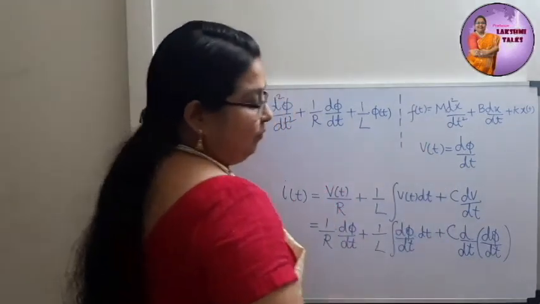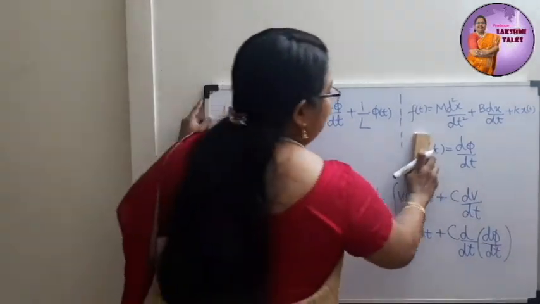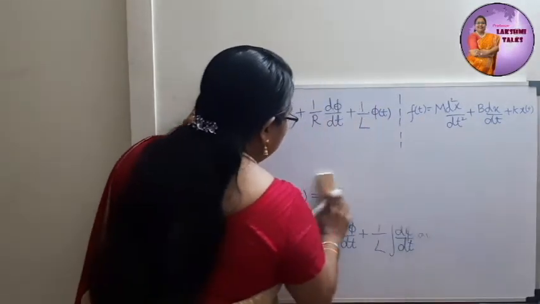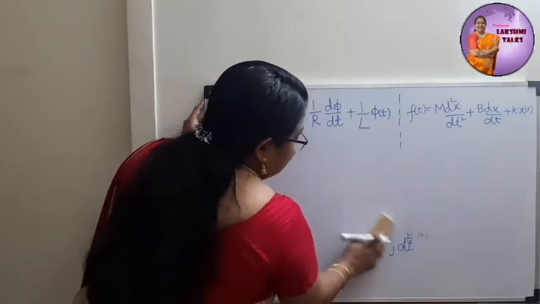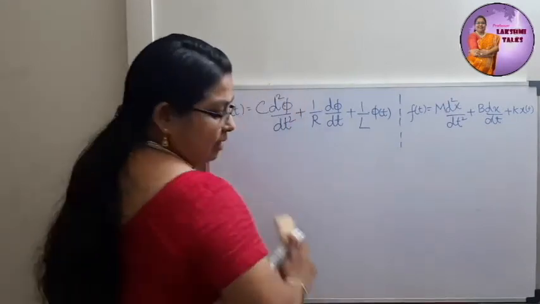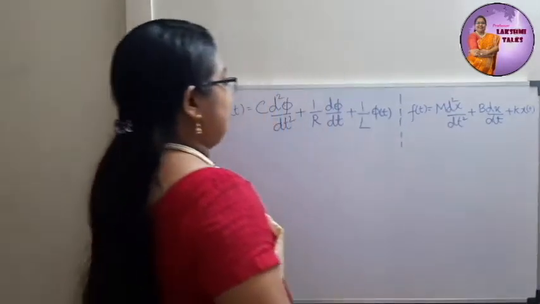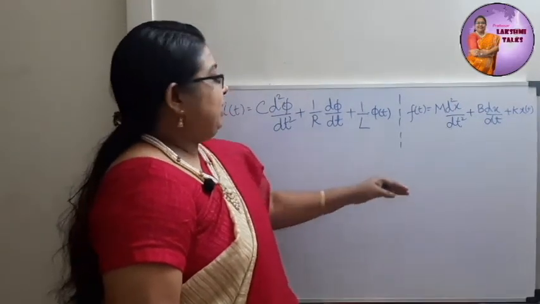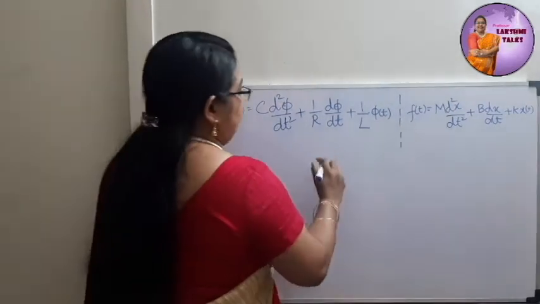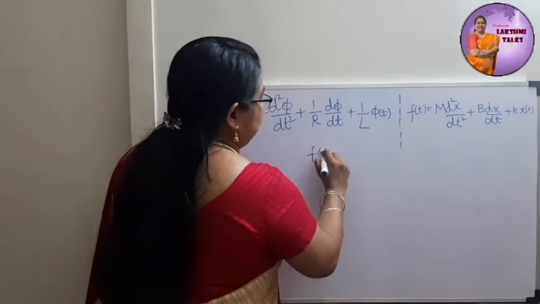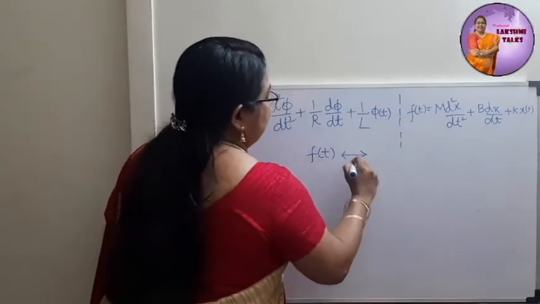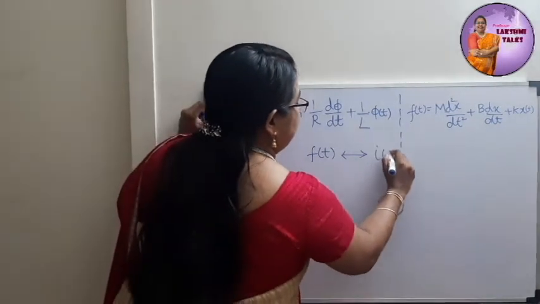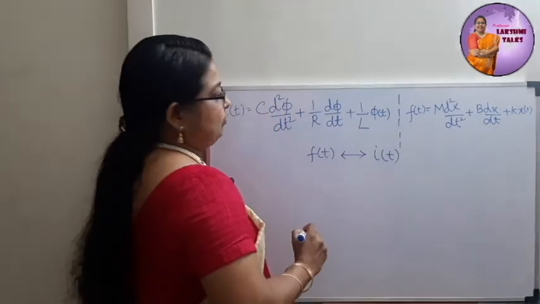So now we have the equations for a simple mass spring damper system, and also the equation for resistor, inductor and capacitor connected in parallel. So here we can write the analogous very easily. What is it? For a mechanical system, input is force, and for this electrical it is current. So f of t is equivalent to I of t.